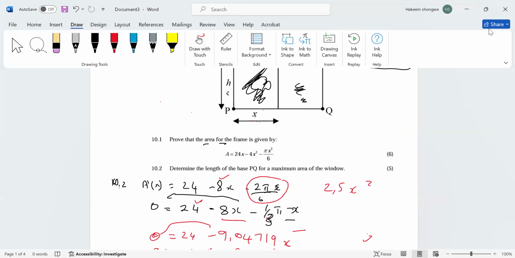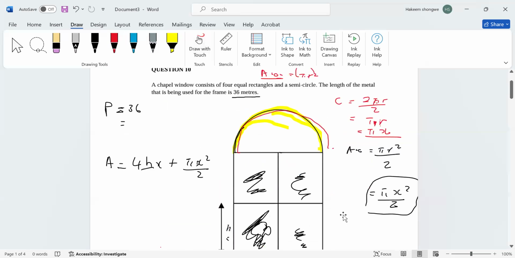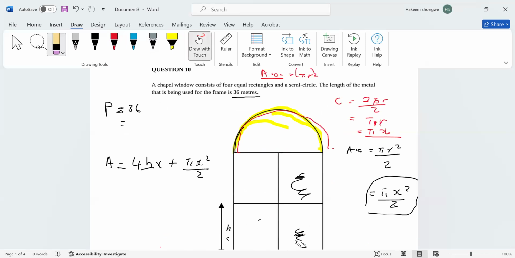Now, if we go back to the diagram, ladies and gentlemen, we are done with the semicircular part. Now we're coming to the rectangle shape made up of 4 smaller rectangles. Now the perimeter of this bigger